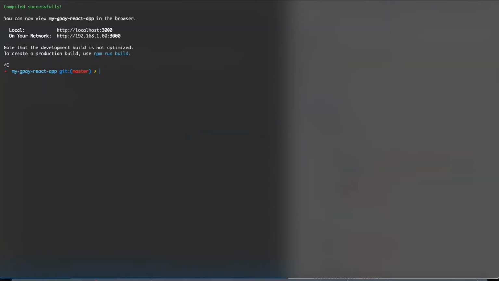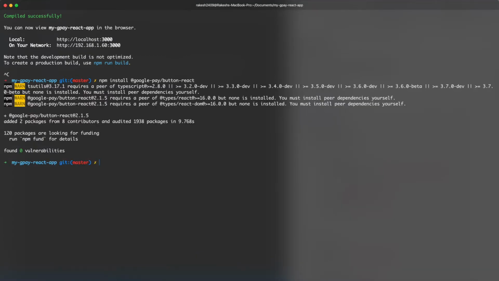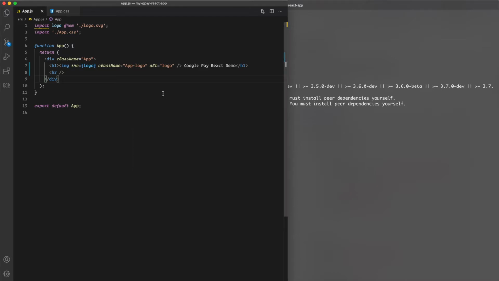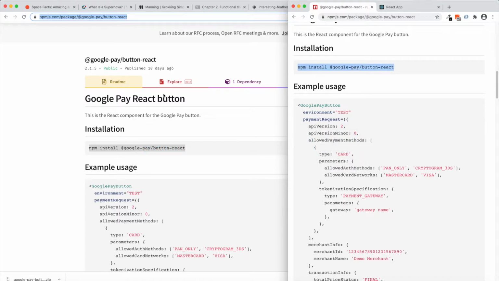I just stop this application, and then I paste this, which is npm install Google Pay button React. Press enter. So it will install this package in my node modules. The package installation has been completed. Now let's go to our VS Code.